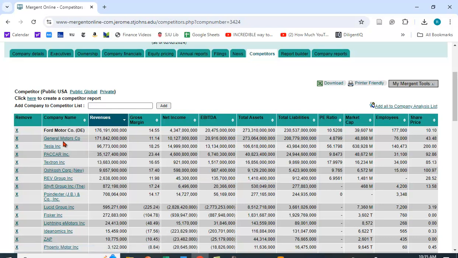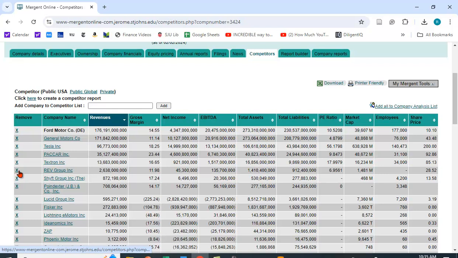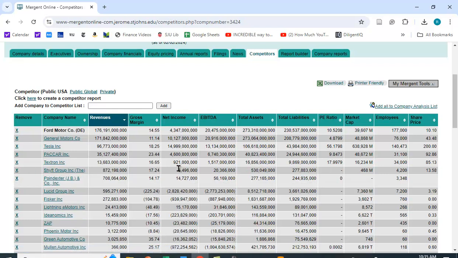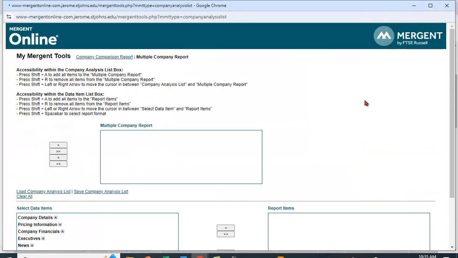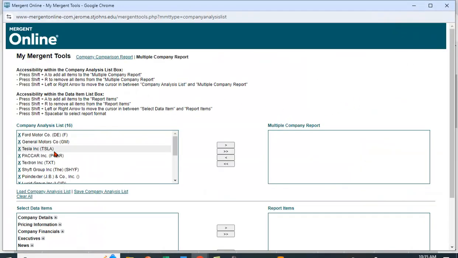So we have Ford, but we have GM, we have Tesla, and then a bunch of other companies. If they're companies we don't want, we can eliminate them by just hitting the X here. We can then save them to a company list, the company analysis list. And then we could just choose the companies we want, or we could send all of them over here. Let's just take a look at Ford,